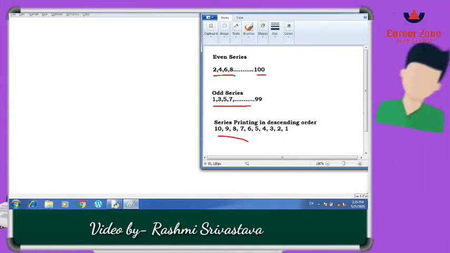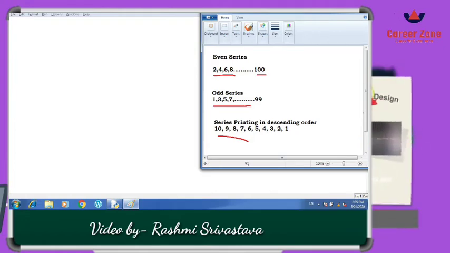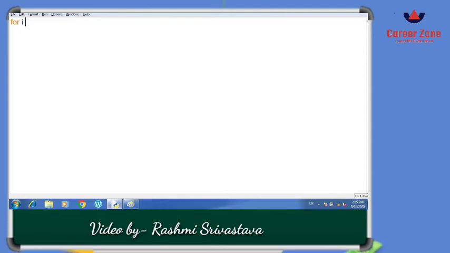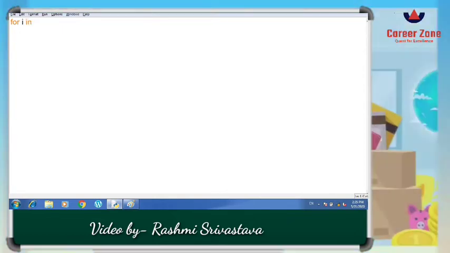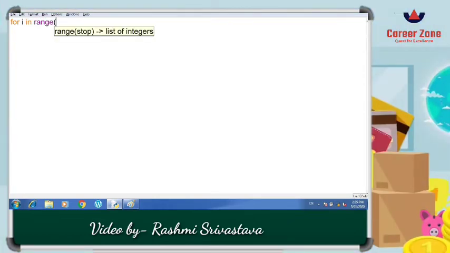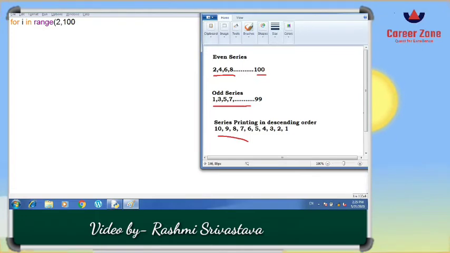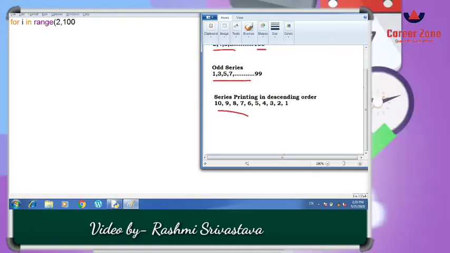So let us start the loop. For the loop, I am using a for loop, variable i, i in range, and the series is going to start from 2 comma 100. Now as the series, there are two options. We can increment the value by 2, as by default the increment goes from 1.